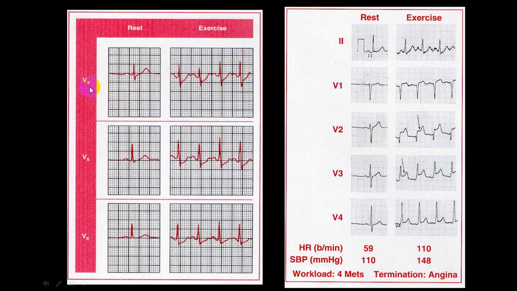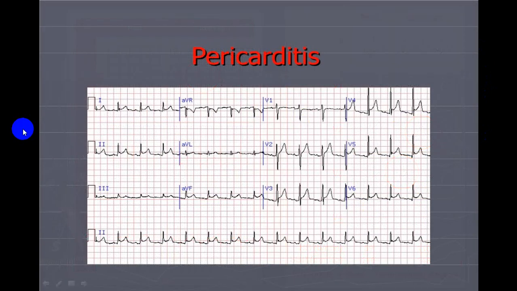So look at this V4, V5, V6. There is an ST depression, and if you get an ST elevation in aVR, it is in favor of an LMC occlusion. You can see here in V1 there is ST elevation. This is again in favor of ischemic heart disease on TMT. So you can utilize aVR sometimes for that.